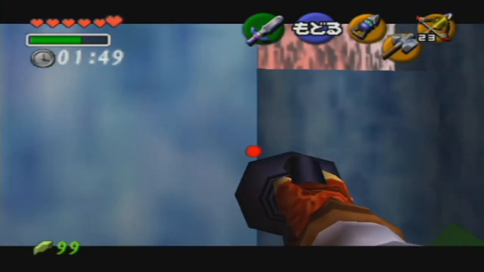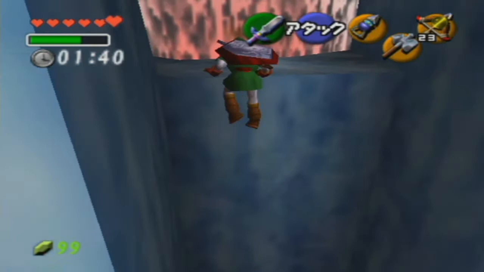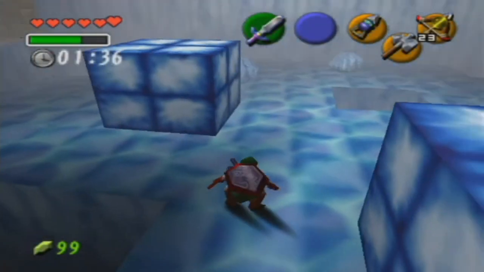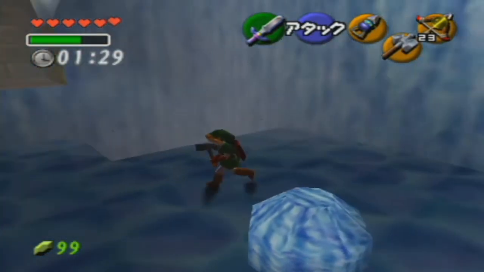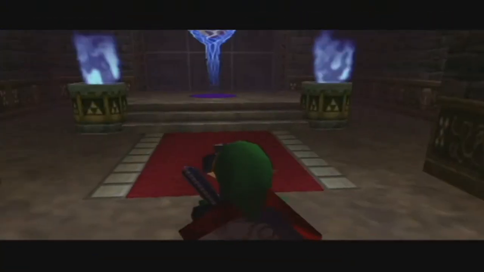So this is basically the angle you need for doing this jump. You want about that much distance of empty space between the B button. Just roll forward and hold up, bring out your hammer, hold Z, hit A to jump slash the switch. That's all there is for this trial. There's a fairy in that pot right there if you actually need one. I don't, so